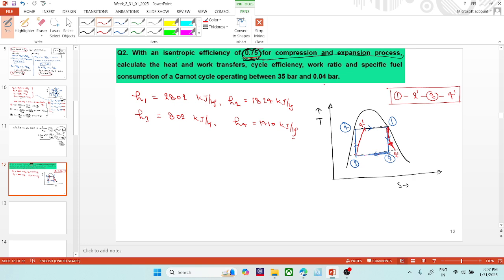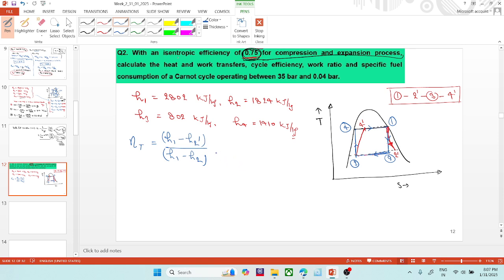isentropic efficiency comes. Okay, so we have learned the formula that the isentropic efficiency of turbine is H1 minus H2 dash divided by H1 minus H2. Basically, it is the ratio of the actual work from the turbine to the isentropic work. The actual work would always be lesser than the isentropic work, so the isentropic efficiency for the turbine is